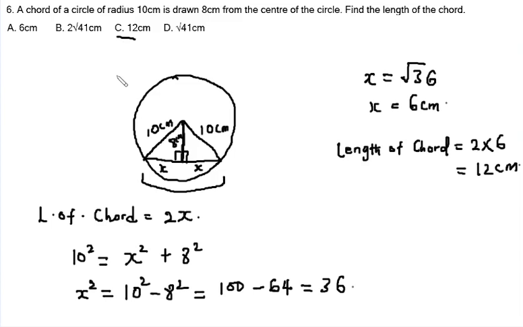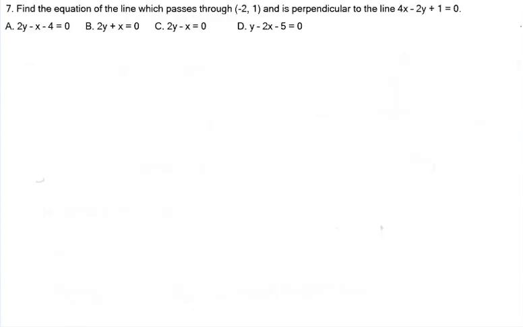So our answer is C. Let's get on to the next question. For question 7, we are asked to find the equation of a line which passes through this point and is